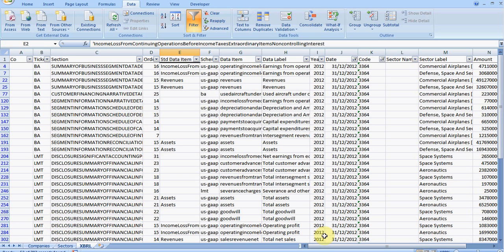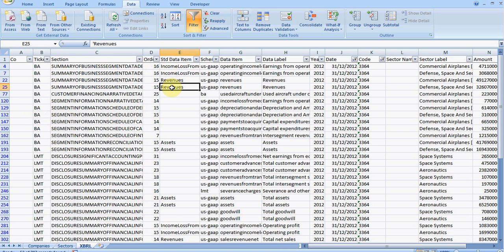Right, now let's go to the top. You can see that all of this information is in company order, so we can basically look at one company after another just to make sure everything is in order. Now, the model that we have put in this particular sheet revolves around revenues, profit, and assets to build a few fairly straightforward ratios. So we need to make sure all that information is present,